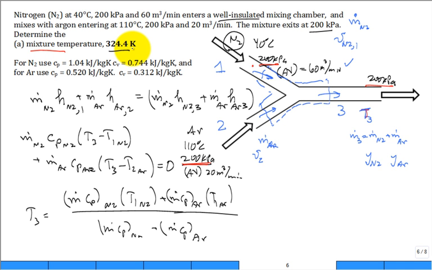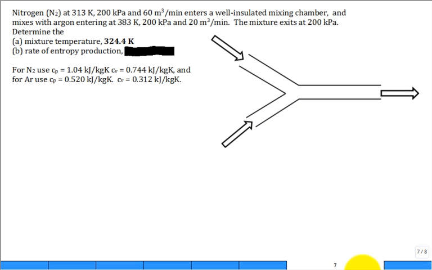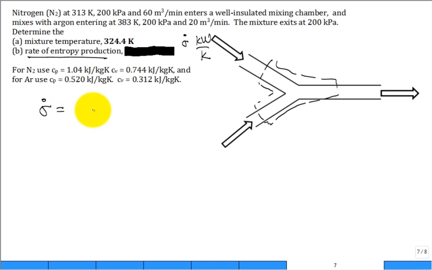Part B, what do you suspect? Calculate the rate of entropy production. What symbol am I going to be looking for, and what are the SI units? It is now sigma dot, and yes, it's in kilowatts per Kelvin. For the same control volume, like that. All right, so we write the second law, and so we have a steady state flow, and so the rate of entropy production is going to be